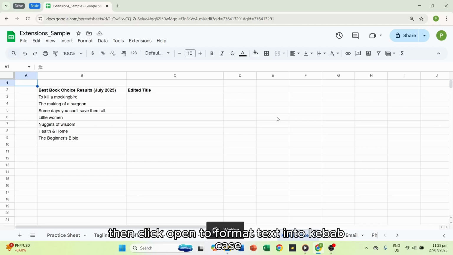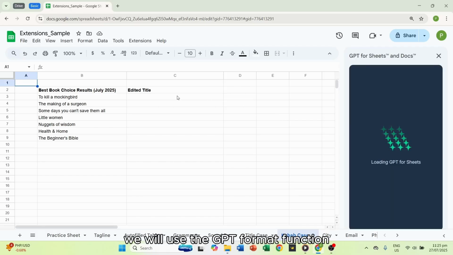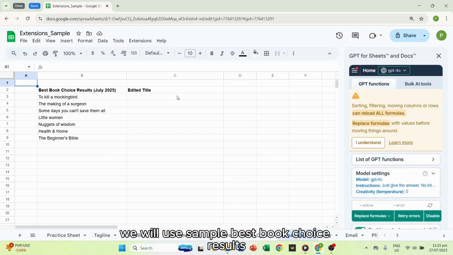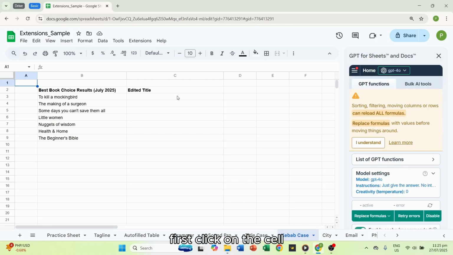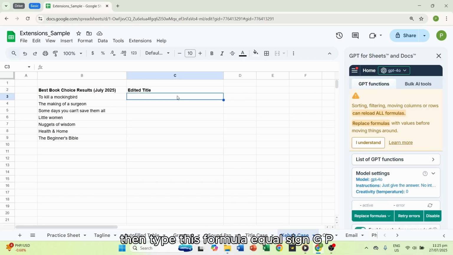To format text into Kebab case, we will use the GPT format function. For this example, we will use sample best book choice results. First, click on the cell where you want to put the formatted text, then type this formula,